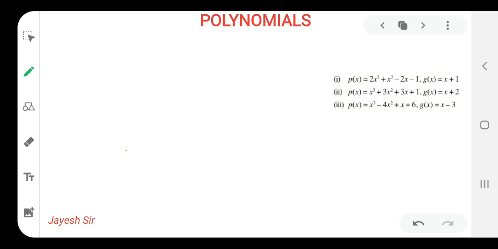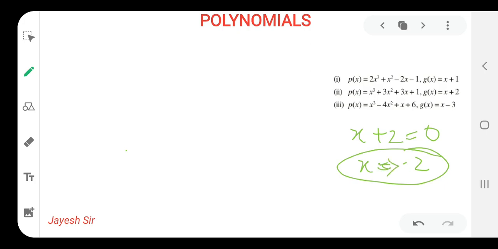Our second sum is, we first have to find the zero of the polynomial. So x plus 2 equals 0, so the zero of the polynomial for x would be minus 2. So we are getting the value x equals minus 2. We have to put the value of x as minus 2 in the polynomial. So I'm writing the polynomial over here. You can solve on your own also. That's very easy, as we have done this type of sum in our previous classes also. We have to just put the value of x.